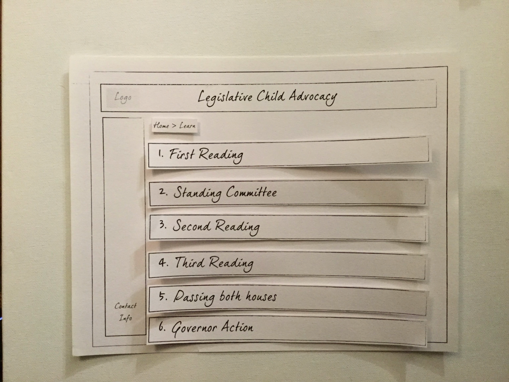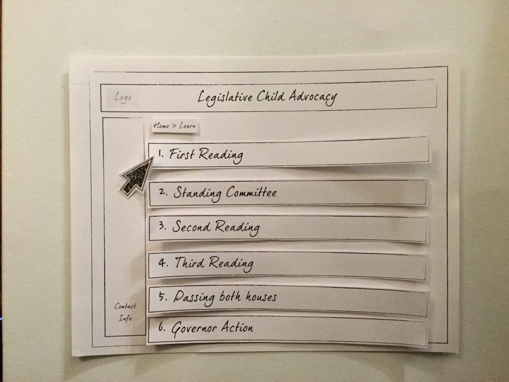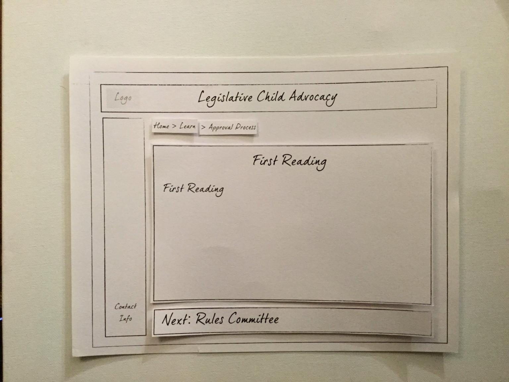I am now presented with the 6 steps of the bill approval process. I would like to know what the first reading of a bill entails. I use the mouse to select first reading. Now I am presented with information on the first reading, as well as a button that reads Next Rules Committee